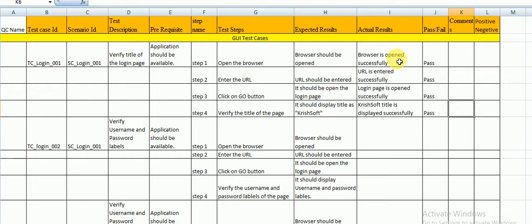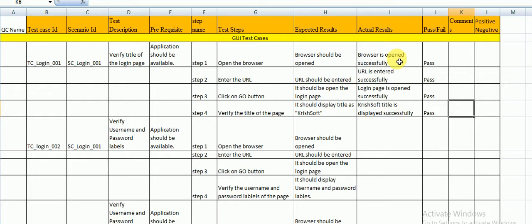So test execution is nothing but whatever steps you have written in your test case, you need to perform all those steps on our application. You need to verify with your eyes according to the test step whether it is working or not. If all the test steps are passed, the test case will get passed. So this is test execution. When can you perform the test execution? Once you get the developed application from the development team.